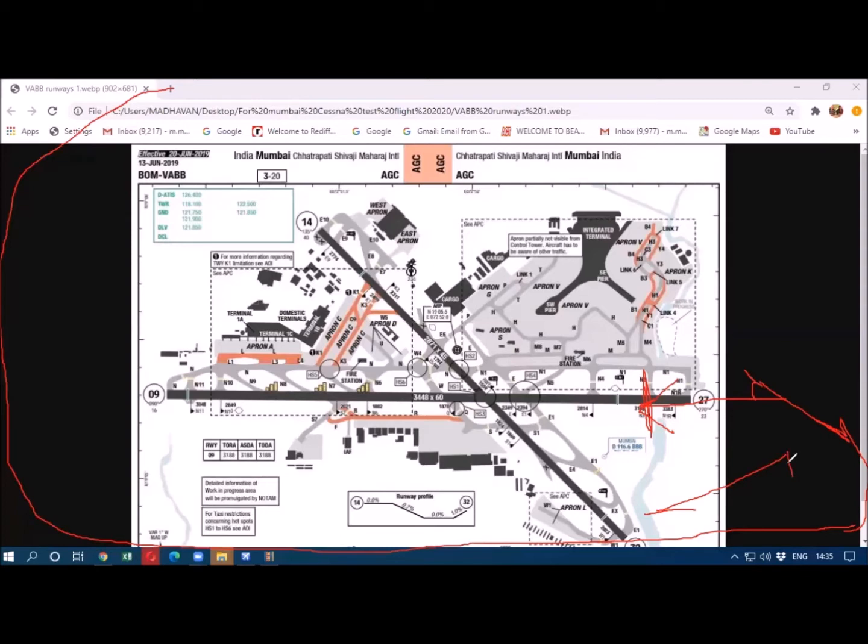From this point, we will be descending at around, in Mumbai, 3 degrees. That's called the glide slope, which will glide you on this slope. We will look at that chart just now. This is the international terminal. This is the domestic terminal.